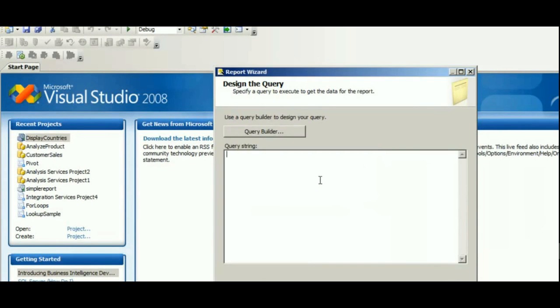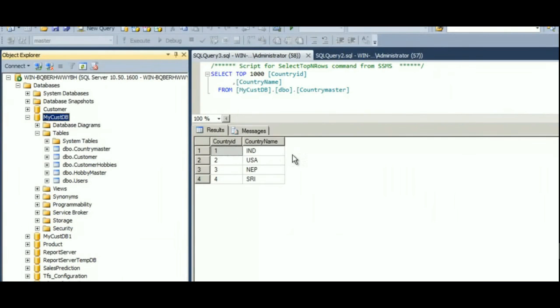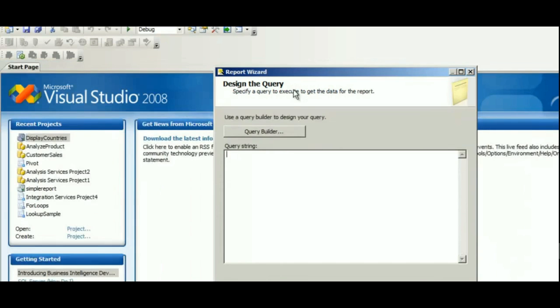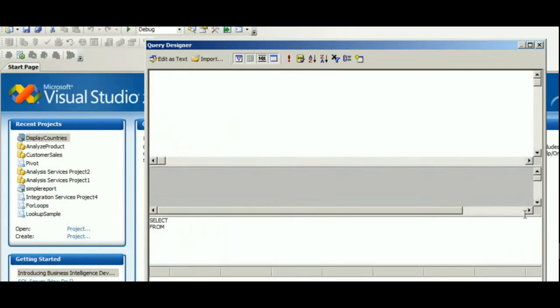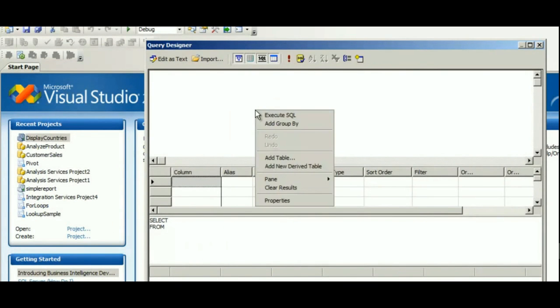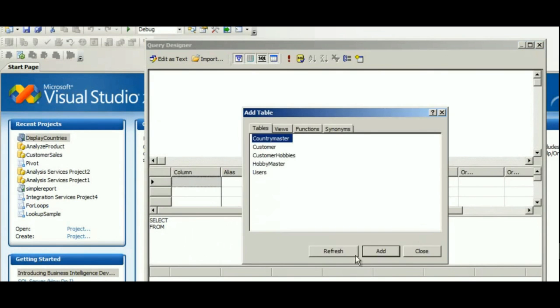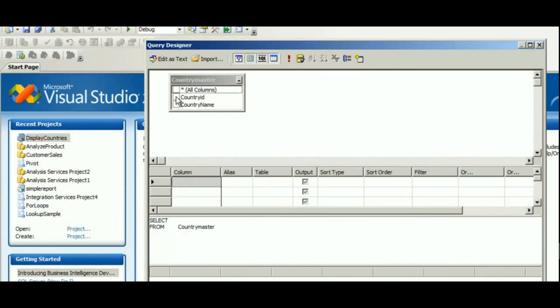And now the next thing is we need to provide the table or the query from where we need to extract data. So currently we need to extract data from this country master over here, right? So I'll click on this query builder button over here, and this query builder button actually opens up a very nice query designer. And let's go ahead and add this table, that is country master, add it. And let me select the columns. So currently I want to display both the country ID as well as the country name. I'll say okay,